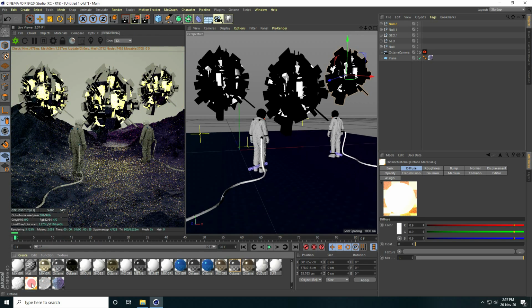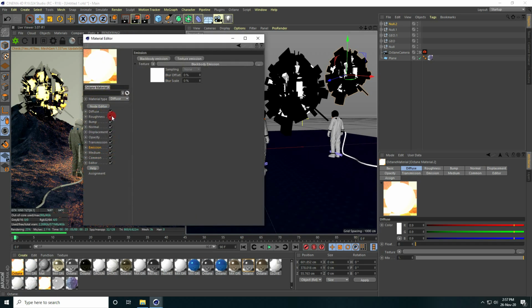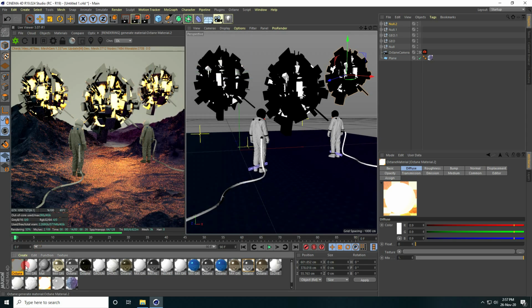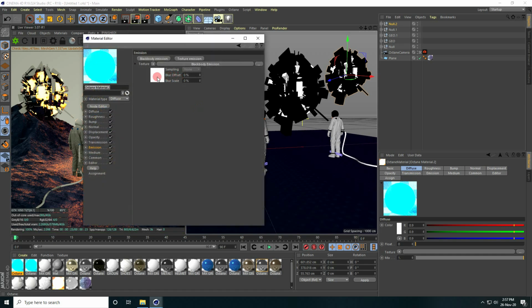Okay, so guys, now I change this colorful material. So select this glow material and copy and change material color. Guys, this time I take blue color. Yeah, and third one, guys, I create red color. So again copy this color. So open and I take red color.